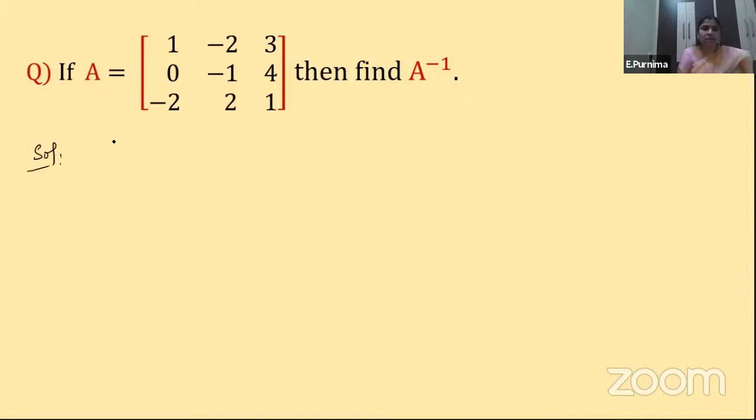First of all, A is given like this. First we have to check. When you are asked to find A inverse, we are supposed to find out what? Determinant, as I told you. So first I am trying to find out determinant A, so that we can see whether it is a singular matrix or not. Yes. So I am expanding along the first row, children. 1 into, this row and this column is eliminated, so minus 1 into 1, minus 2 into 4.